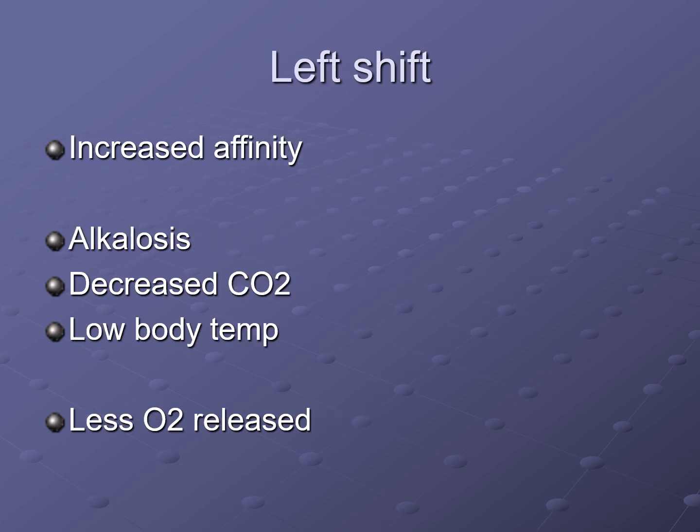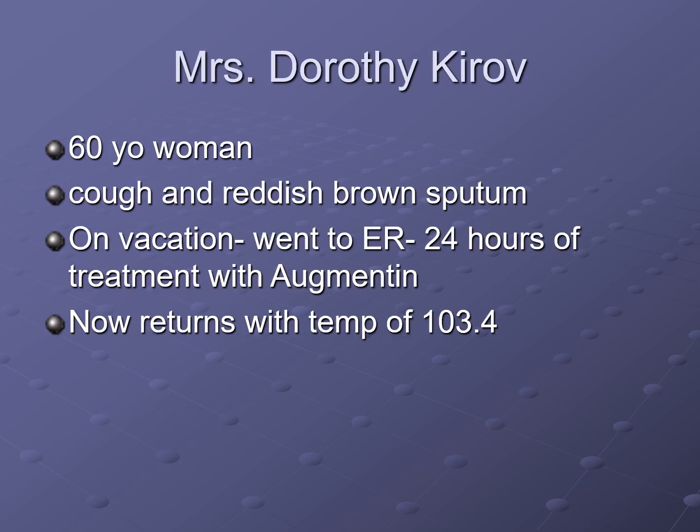The opposite occurs in people with alkalosis, decreased carbon dioxide or low body temperature. We don't release as much. Now, with low body temperature, you don't need as much oxygen, but it is something that factors in. Therefore, if you have someone who has a low body temperature, you may want to try to raise that temperature to help them release more oxygen into their tissues. And again, if they have a decreased CO2, sometimes you're going to change their BiPAP settings or change some kind of a setting to help them release more oxygen into their tissues.